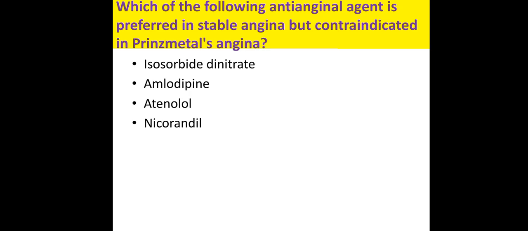Which of the following anti-anginal agents is preferred in stable angina but contraindicated in Prinzmetal's angina? Now, we all know that in Prinzmetal angina there is a problem with coronary vasospasm, and we cannot give an agent which again